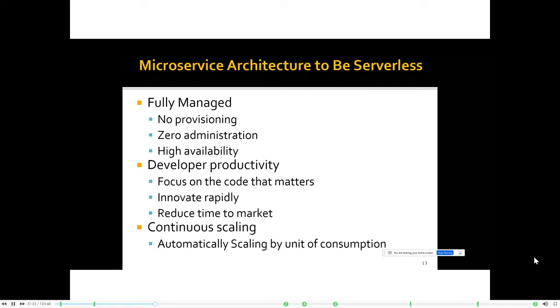So here is how the Microsoft microservice architecture can be serverless. As we mentioned a moment ago, people say serverless is a way to run an application. Before, we always liked to have full control of our product. But we already know nowadays, yes, we can leverage